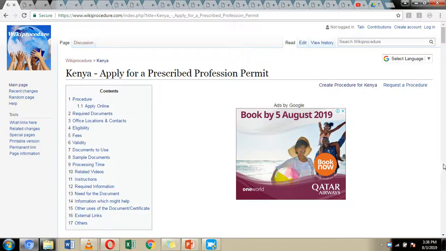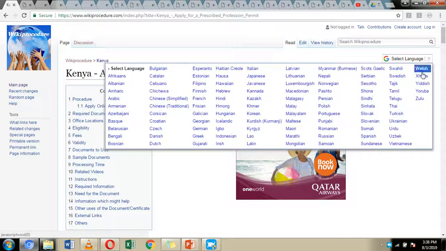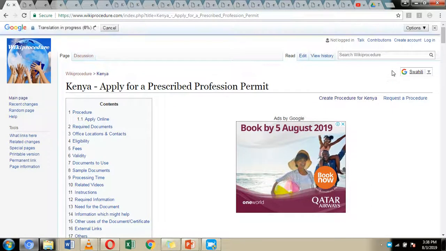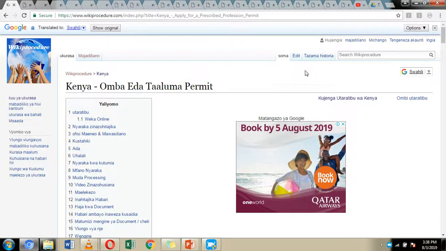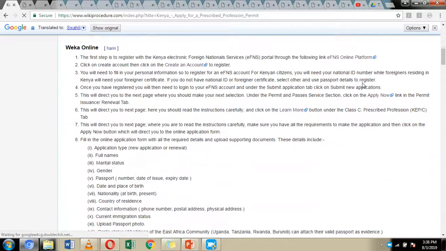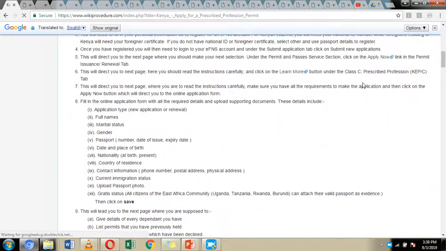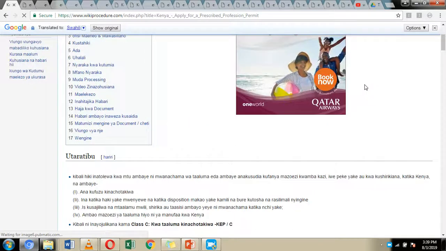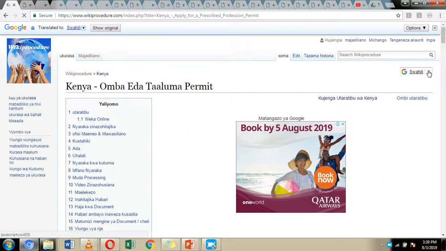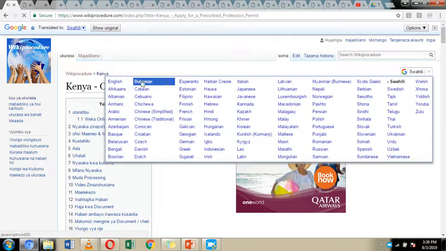process. Additionally, on the right hand side of our screen, we have included a select language option through which you can select a language which you easily understand. You can easily do this by clicking the downward pointing arrow and choosing one of the languages which have been displayed here. For example, by choosing Swahili, all the information on our wiki procedure website page will be translated to Swahili and be displayed in Swahili. You can easily revert back to English by once again clicking on the downward pointing arrow